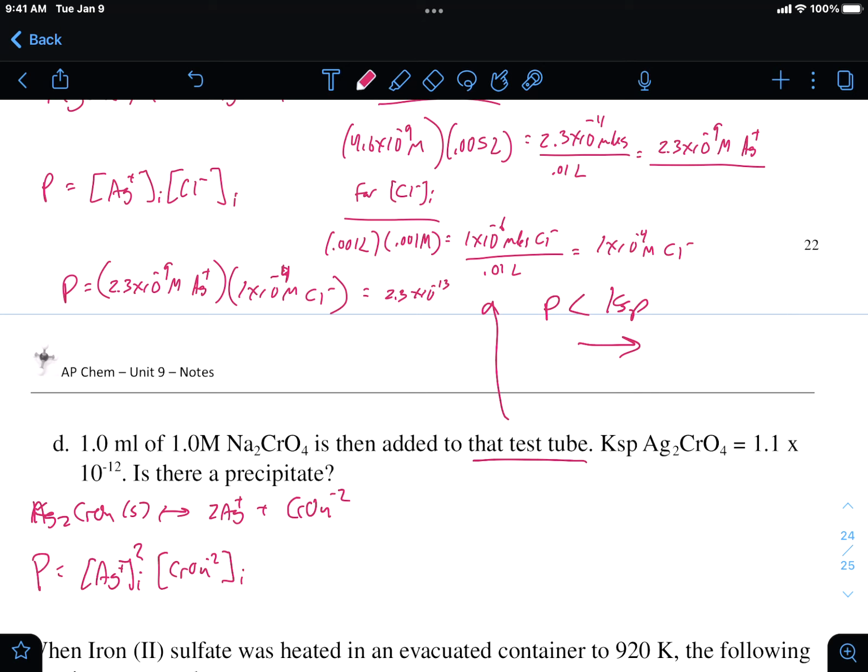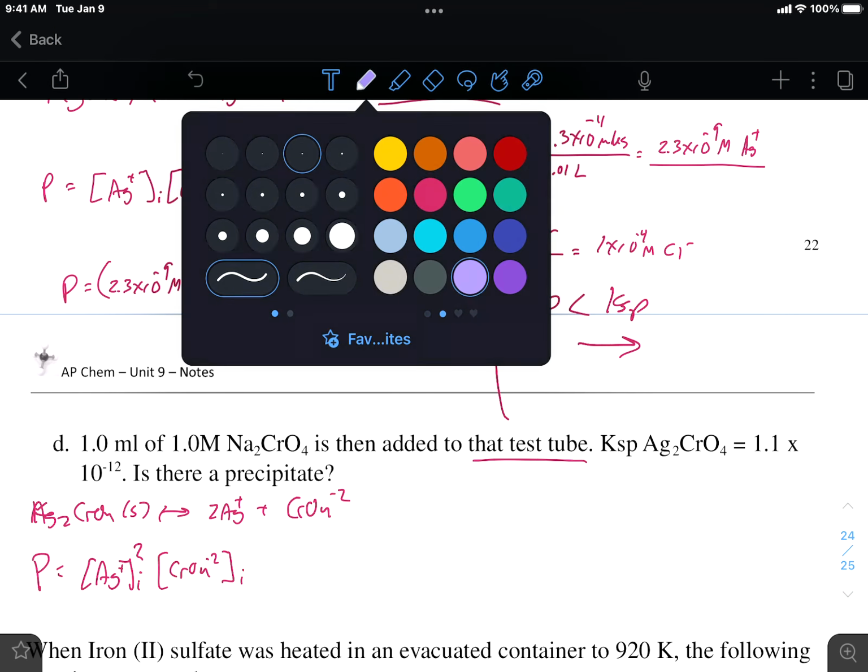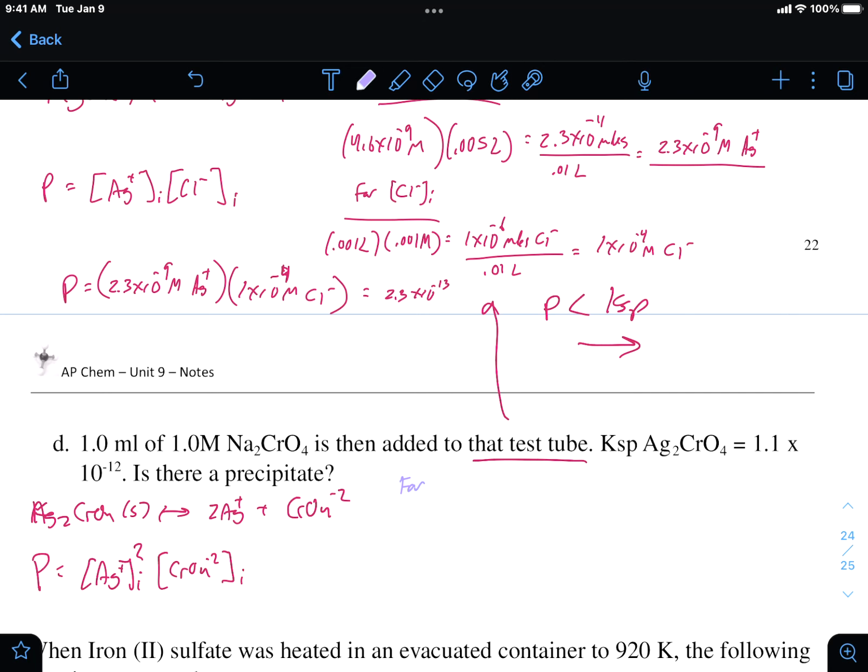So, let's change colors just for the sake of it. Okay, so is that not dark enough? Here, I'll go some darker. Okay, for silver, let's take the molarity of silver, 2.3 times 10 to the negative 9,